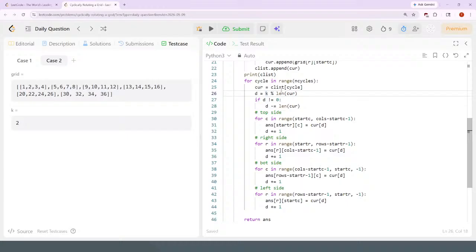I think that's right. If D is 0, D not equal to length of current. Oh, okay. All right. I am so tired. I'm going to try to do another